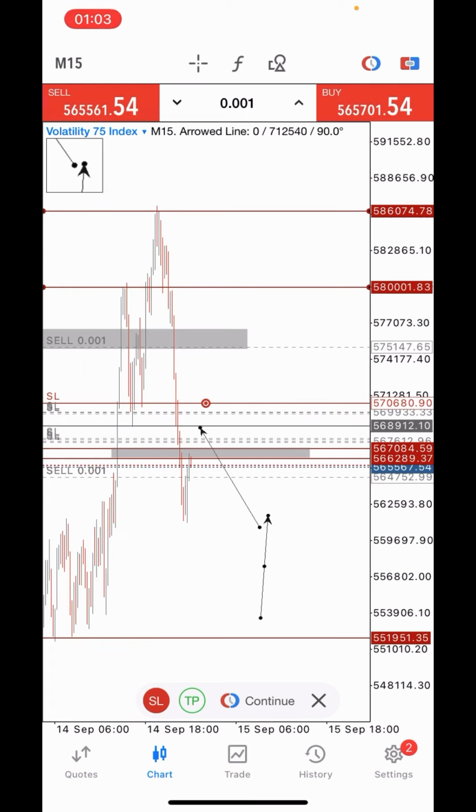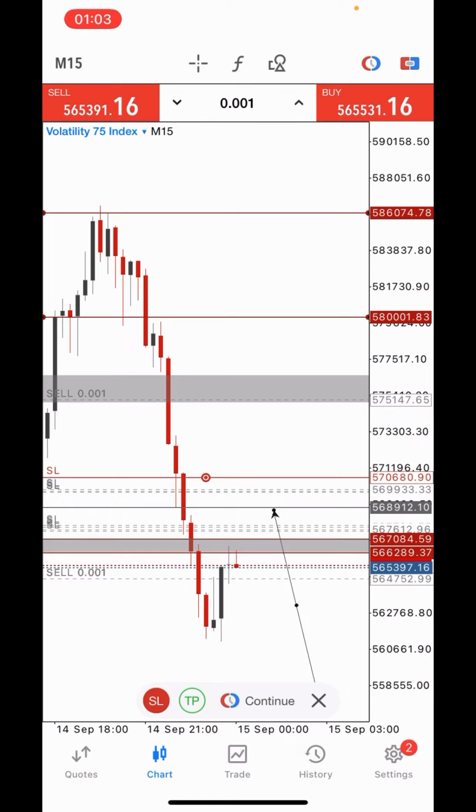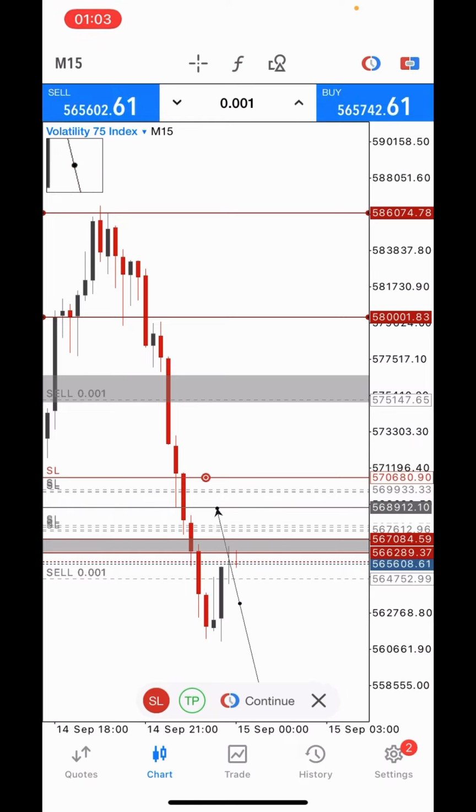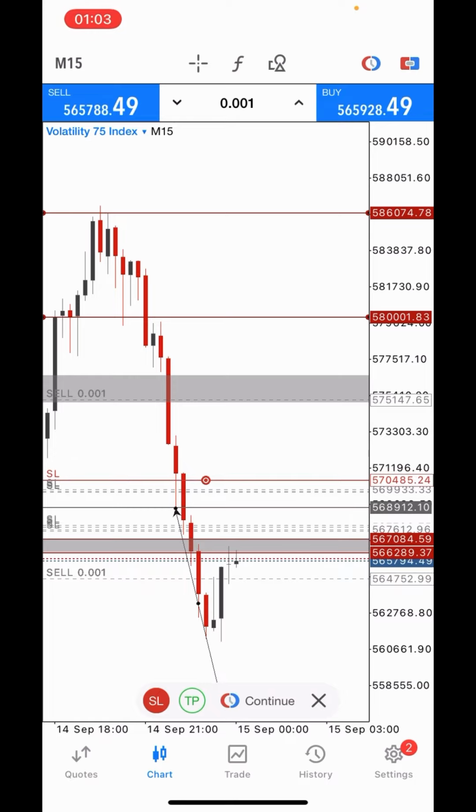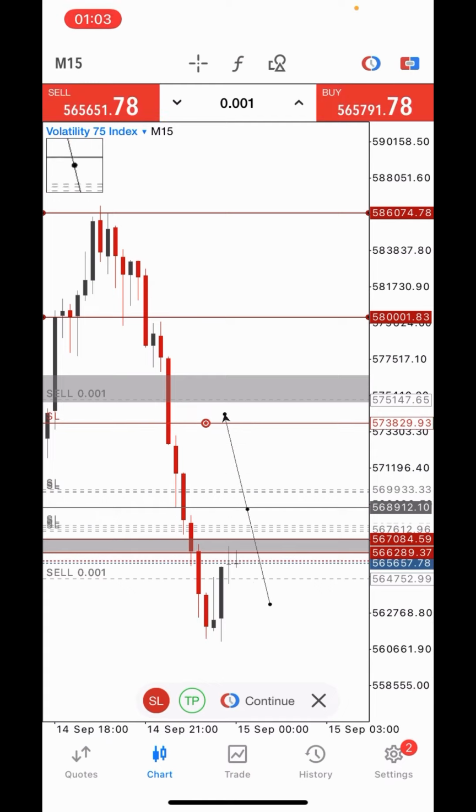I'm coming, I just want to bring this arrow. Okay, so at that time price was where? At this support line. So if price was at this support line, you don't want to put your stop loss close like this. You want to leave your stop loss just a bit like this. Okay, so this little place is a little profit for you, and then you want to give price this entire